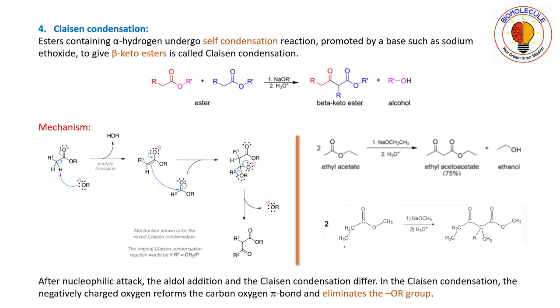Similarly this one, this one is the alpha carbon. You just break this bond over here, so this one is your OR and this one is your remaining portion. So this was your molecule, and this was your alpha carbon. Now you add this portion to the alpha carbon, and you will get your beta keto ester in Claisen condensation.